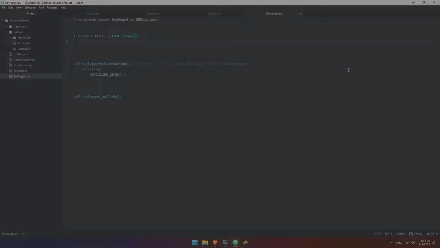A string I think would be the best, so keylogger str, and here we have a global keylogger str, and